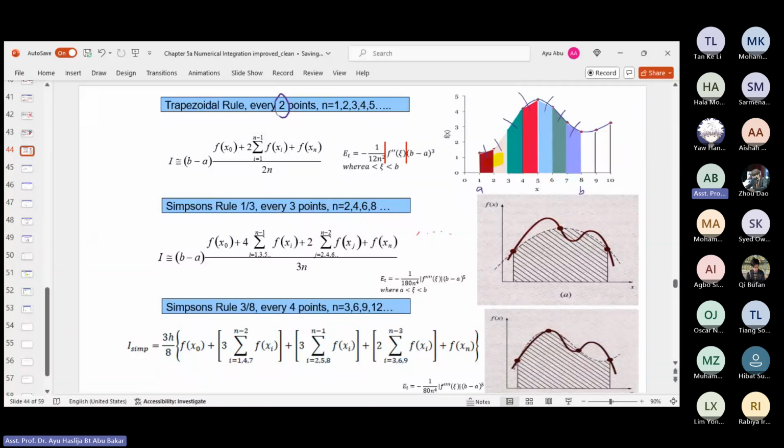So the whole thing here is one segment. That one is if n equals 1. If you separate into more segments, let's say for this curve, the more curve here,